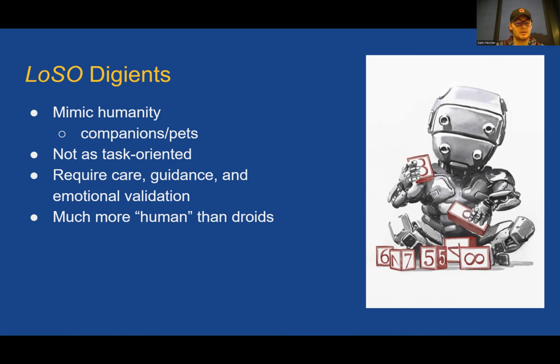They can be trained to perform certain tasks and work much like humans can, but they tend to become very obsessive and disobedient when sold to corporations. Droids, on the other hand, understand that they were designed to fulfill a certain task and do it without issue. Here we can see one of the Digients from The Lifecycle of Software Objects.